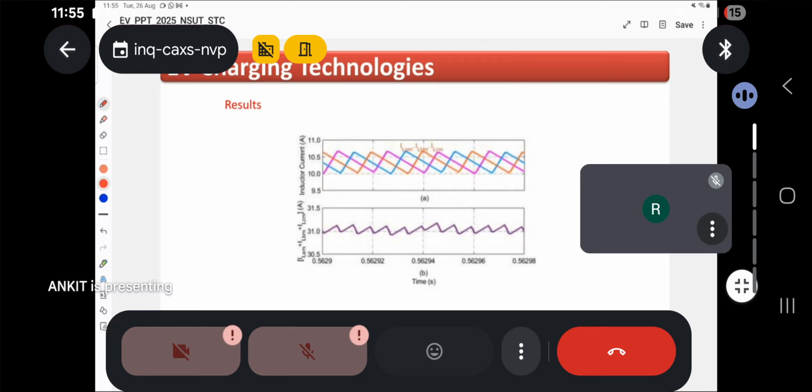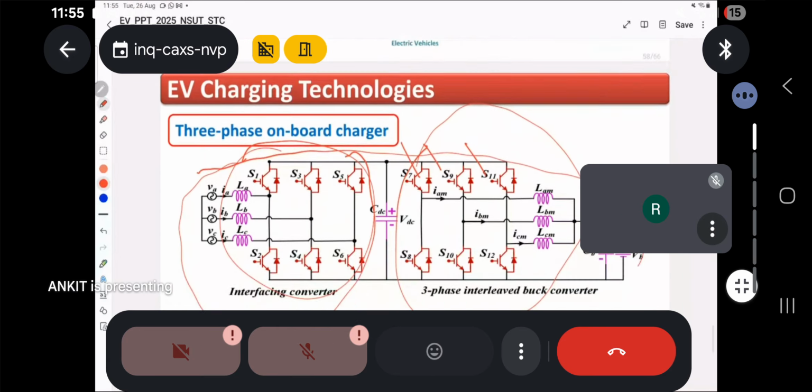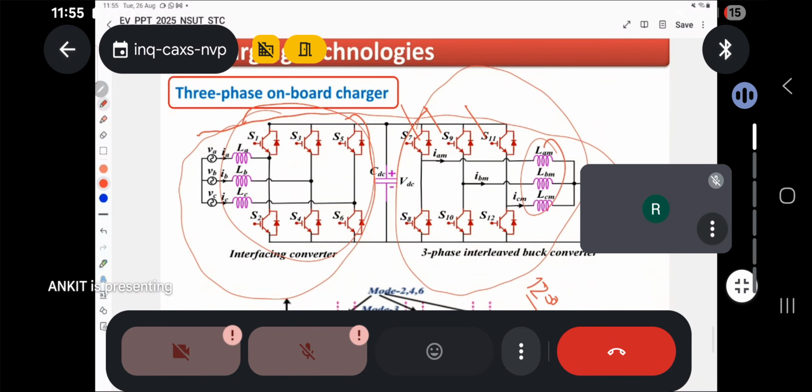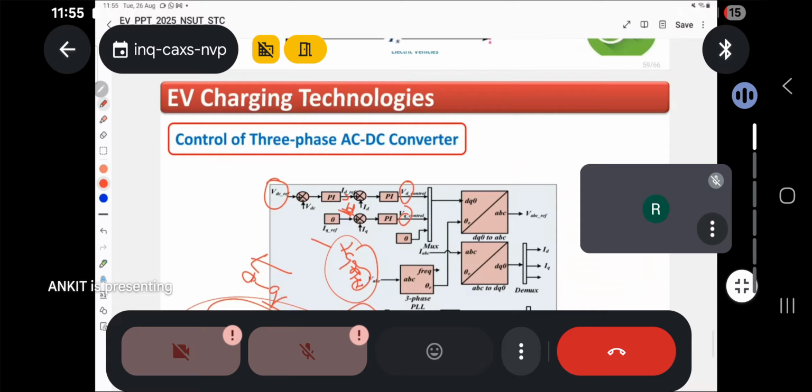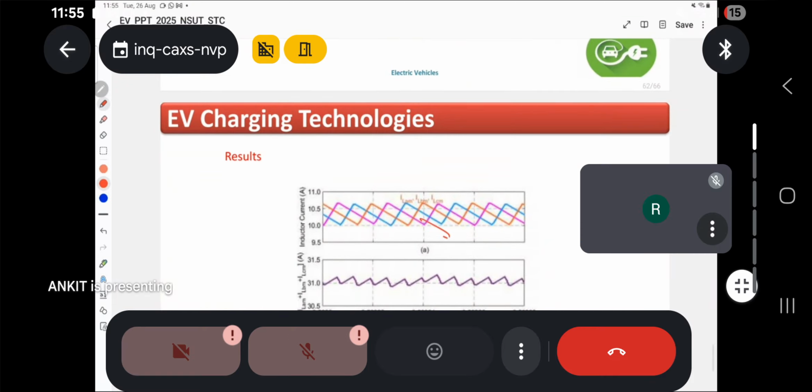The inductor currents, I am talking about these three inductor currents, are 120 degrees out of phase. And for the overall output current, we can see this is the ripple in the output current. So interleaving techniques reduce the ripple in the output current. If there is a reduction in ripple current,